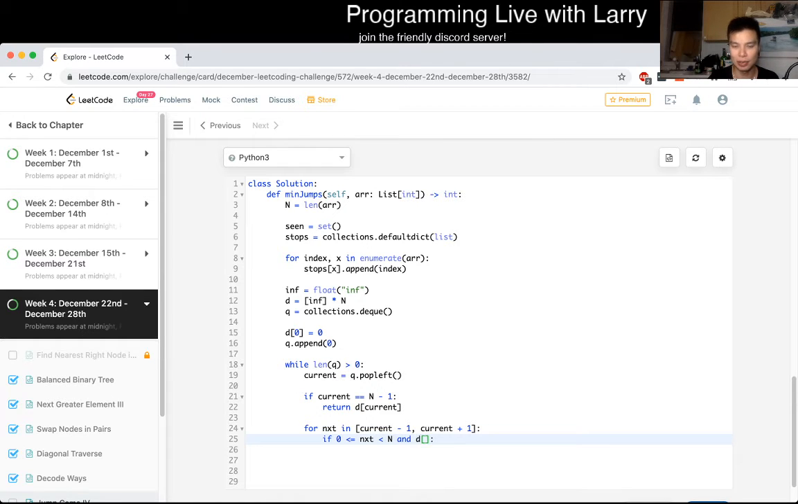d of the current plus 1 is less than d of nxt. That means that this way will let us go there faster. Though we're doing breadth first search, so it's very binary, right? Once you relax it, it should be the quickest way to get there. But if this is the case, we set this to d of current plus 1, and we also want to append this to the queue. And then we do the same thing for